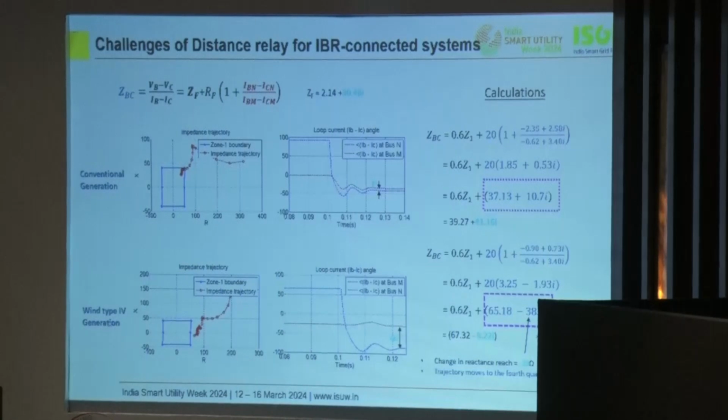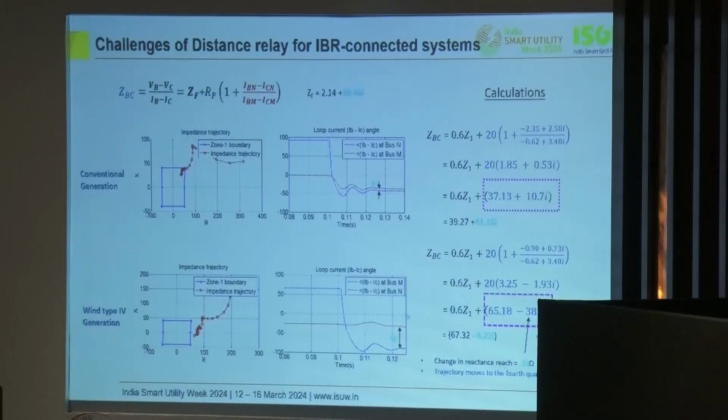But in case of the wind type 4 generation, we can see that the ZBC that is computed comes out to be minus 8.22, which is the imaginary part. So the impedance comes out to be negative. Hence, this trajectory does not enter the zone 1 part,